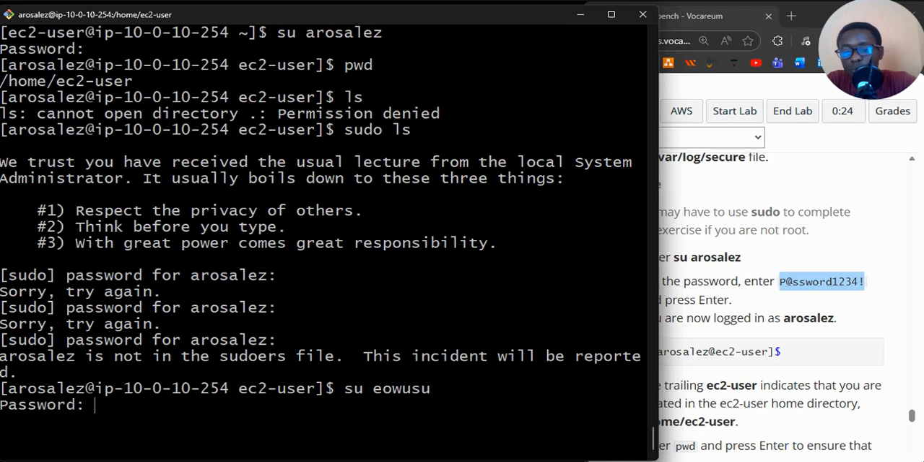So let's say we are switching into Eowusu, and when we paste it here and press enter,